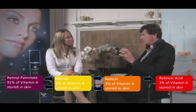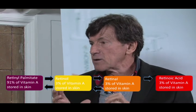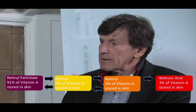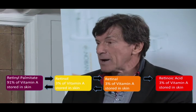And once you understand that, in fact, there's a natural progression from the big storage, like I liken it to the storage tank of water above a little village, which then determines how much water comes out of your tap. And so that's what determines how much retinoic acid gets formed. Then there's another very interesting thing which makes you concerned about what product you use. Because it doesn't matter what product you use, around about